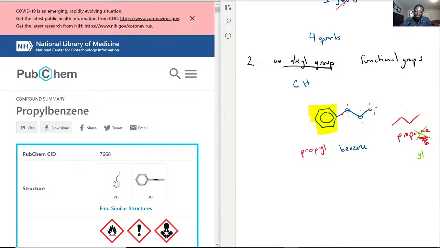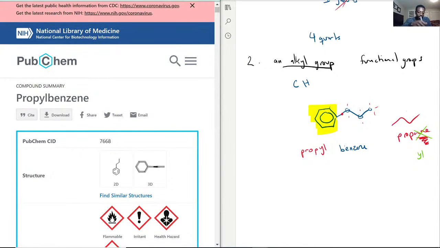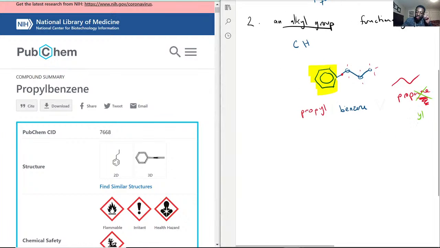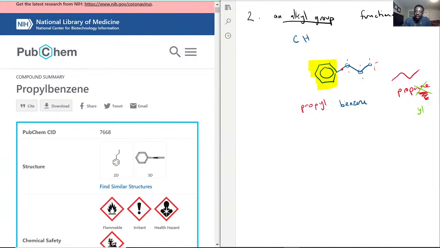I'll give you another alkyl group after, just so we make sure that we get it on point. As you see here, propylbenzene is exactly what I drew here. It's a benzene ring with a propane group, a propyl group, sticking out of it. If you're thinking about alkyl groups, I guess benzene is really the best one to work with because it usually gets one of the highest priorities. So if we had a benzene, and then we did this like that,